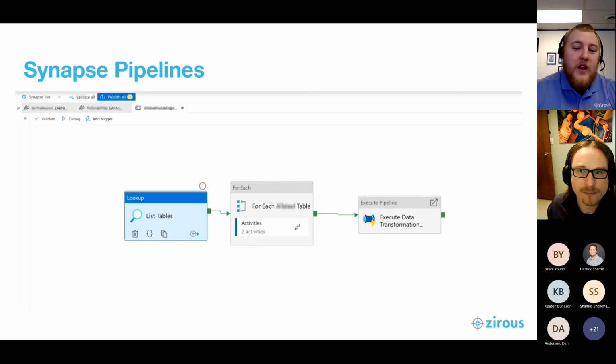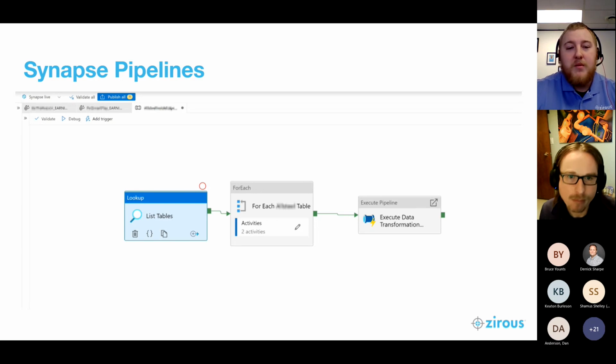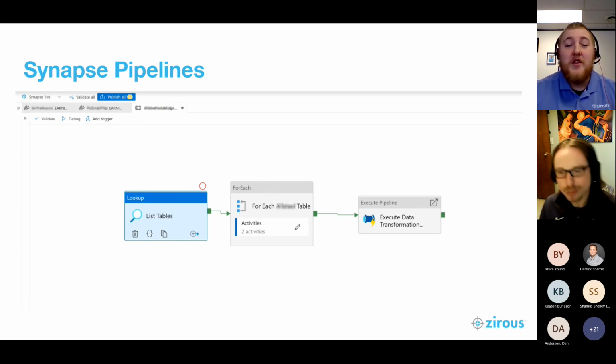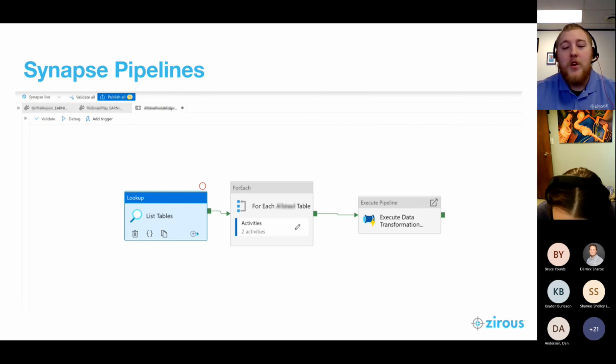Additionally, some of the eagle-eyed viewers out there might notice a blue box in the upper left that says Publish All. I want to highlight this to you guys. If you ever start implementing the tool, this will be an important thing to look out for. Azure does have Git integration to save your work and keep your progress that way. If you, however, don't choose to do Git integration, when you're working on your pipelines or working on your data flows,